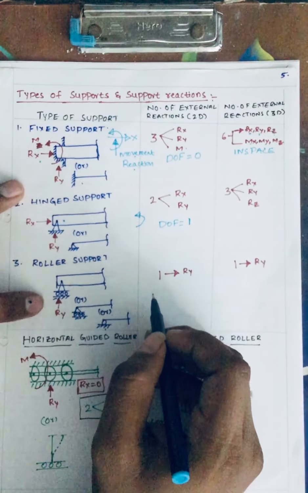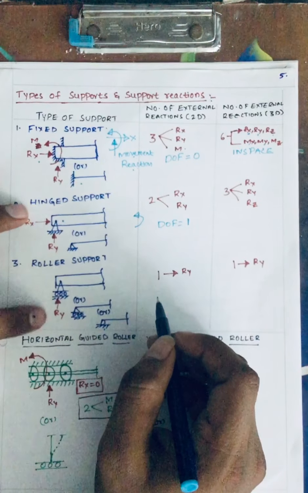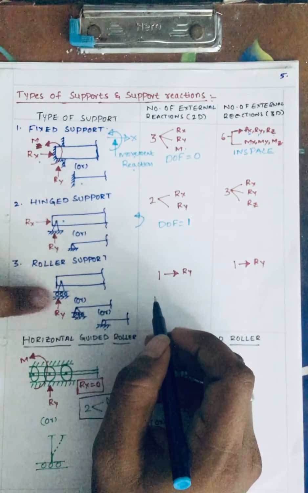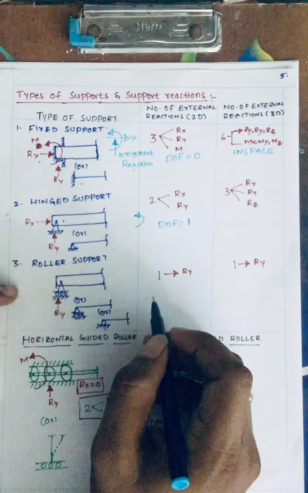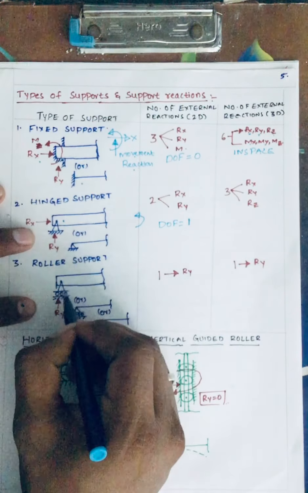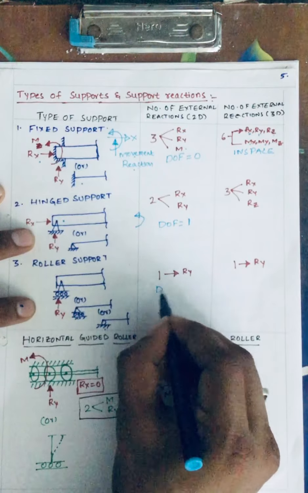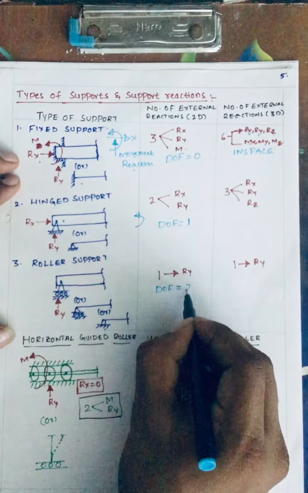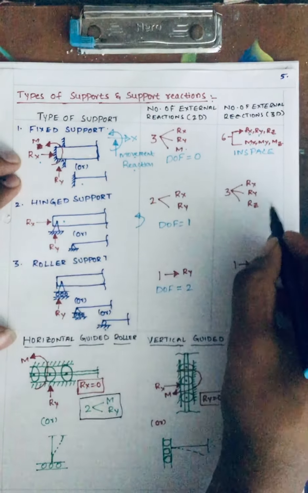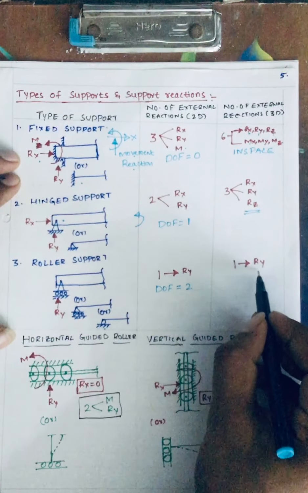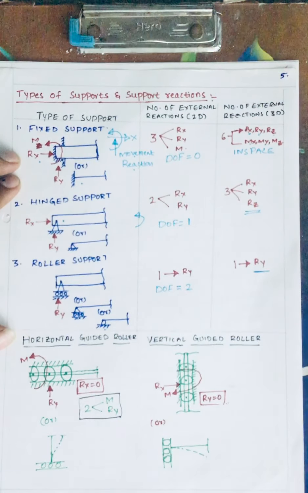Next, roller support. Now if you see roller support, the reaction will be Ry. It means it cannot move along the y direction. But it can move in the x direction because rollers are present over there. Okay, and there is a rotation. So how many degrees of freedom are we having? Along x it can move and also it can rotate, so the degrees of freedom will be 2. Similarly in 3D, the hinged support has 3 reactions and the roller support has 1 reaction. Okay, so this is about supports and their reactions.